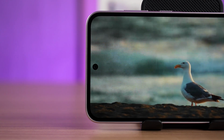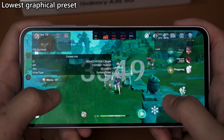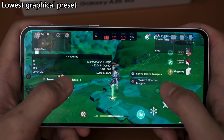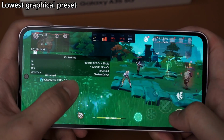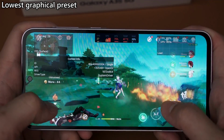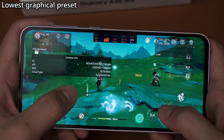A35 are definitely thick. Now, many of you might say that the Galaxy A35 is pretty much just a rebranded A54 from last year, and I can definitely see why, because it is using the same chipset as the A54, the Exynos 1380. Now, this chipset is a year old right now, and all of the games that we have tested in our gaming test that you can watch at the top right corner there have already optimized for this chipset. I will also safely say that this chipset's performance is at its peak already because of a year of